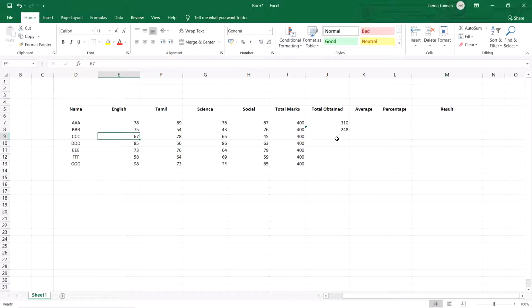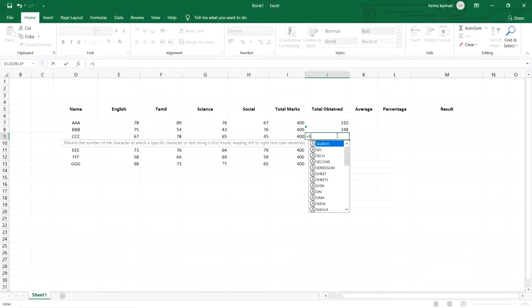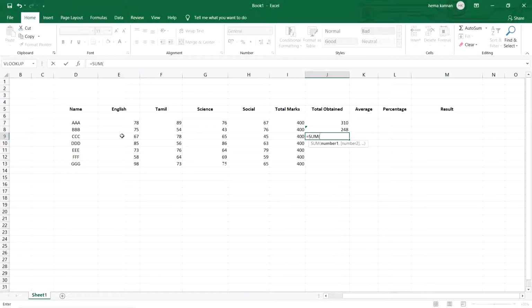If you are going to give the calculation directly, you can give equal to SUM of E9 to H9. From E9 you need to calculate the marks till H9. Then close the bracket, press enter. That's it. So you have obtained the result in the same way. Either way you can do that.